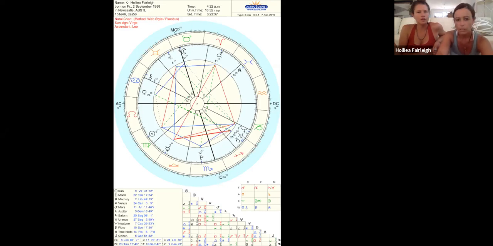So all right, we're going to look at my chart that we've got up here, and Shae's going to teach us how to look at the chart and calculate from our sun to our moon. The distance is then the degrees, which is then what moon phase it is. So okay, so